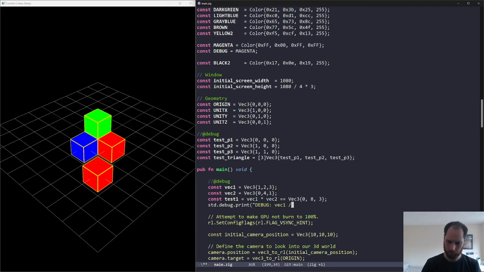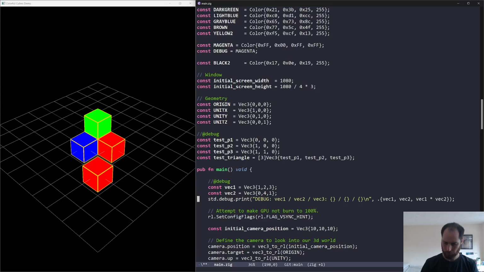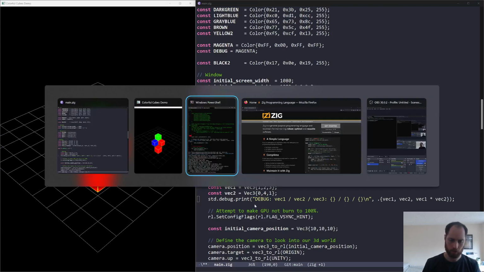Vec1, vec2, vec3. Capture 1, capture 2, capture 1, capture 2, capture 3. Vec1, vec2, vec test 1. Vec1 times vec2. No need for that. Yeah, and let's just